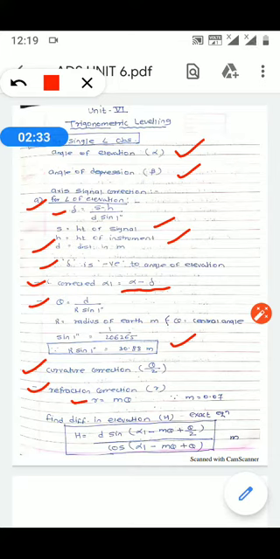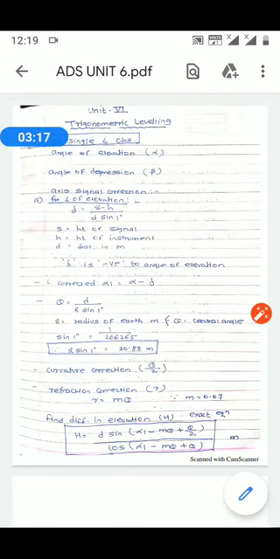Then the last formula, that is to determine the difference in elevation. Difference in elevation is nothing but the value of capital H. To determine the value of capital H, we have again one simple formula, that is H is equal to d sine of (alpha 1 minus m theta plus theta by 2) upon cos of (alpha 1 minus m theta plus theta). The value of H is always determined in terms of meter. Keep in mind, this is very important. So again focus on the same formula to determine the value of H. That formula is also called the exact equation.